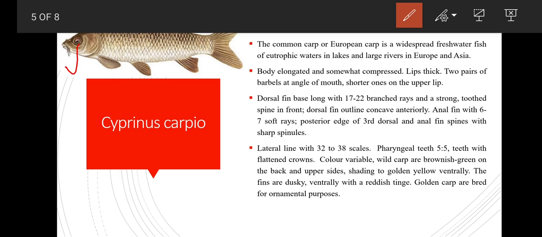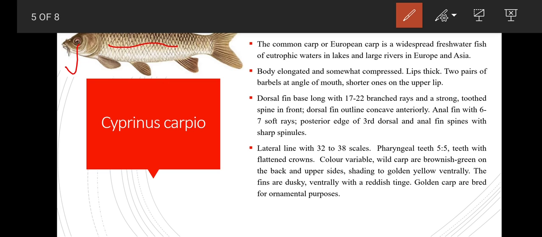There are many fins: dorsal fins, pectoral fins, pelvic fins, anal fins. Another character is the lateral line with 32 to 38 scales. The lateral line is in the middle of the fish. Pharyngeal teeth 5:5 with flattened crowns.